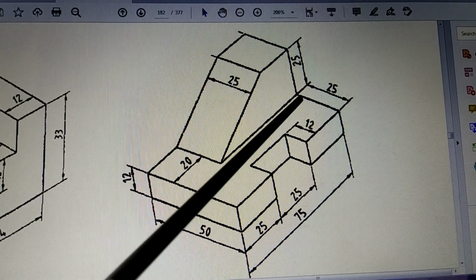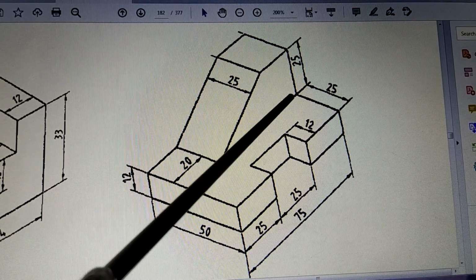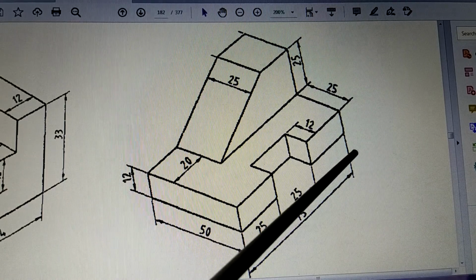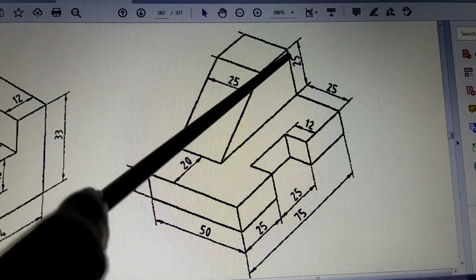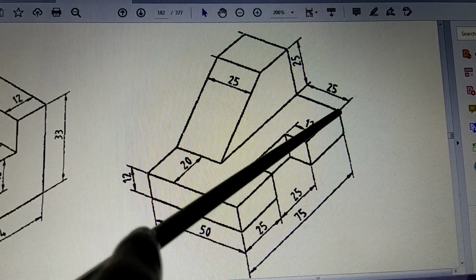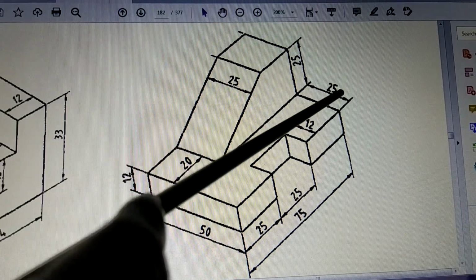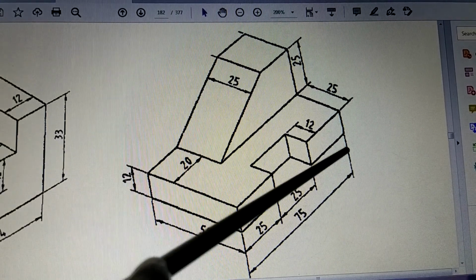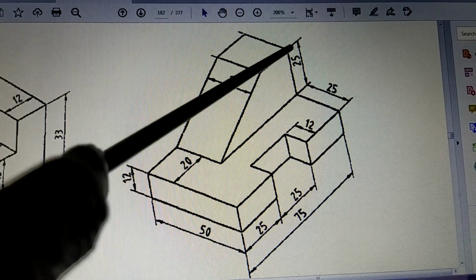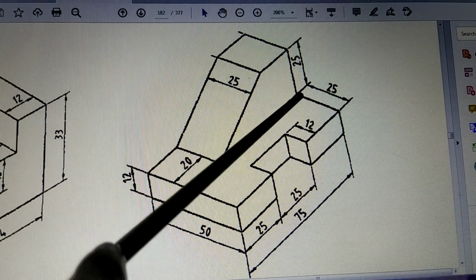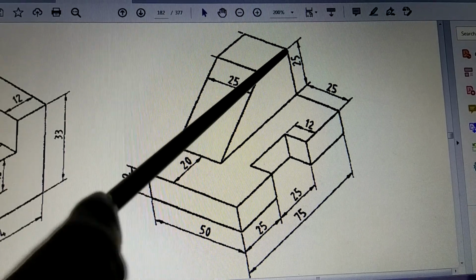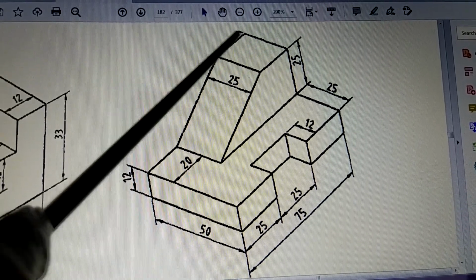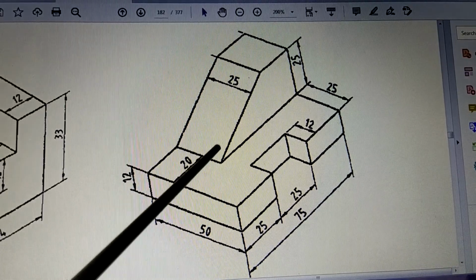After this, above this, there will be this figure. So this figure will be seen in line with this line. So this line and this line will be in continuity. So from here, once you reach here, then you draw further up. But what you are drawing is this line. Okay, it will be seen as a single line. And then this shape which can be drawn as per the size. Let me repeat, take this as 20. It is not given here, but you take it as 20 so that you will be able to draw this figure.